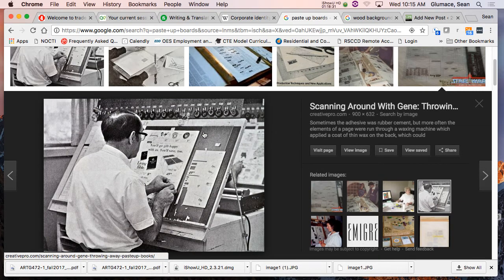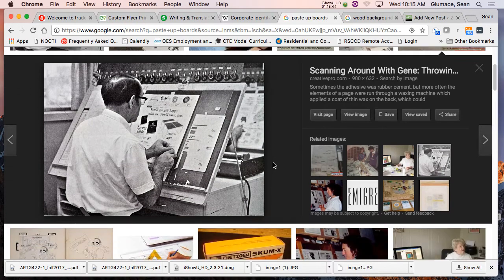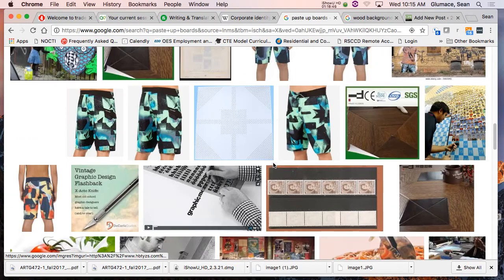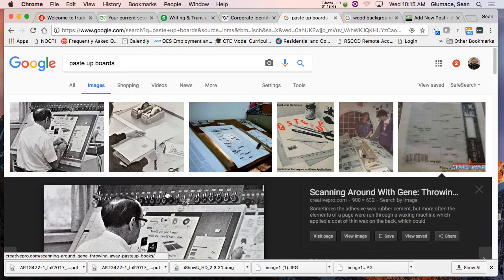But that's the way things were, look at it. It was an entire room of people too doing it. Because you're doing a newspaper, every page had to have been laid out like this in the newspaper every day, over and over and over. And then we would throw it all in the dumpster because that's the way the world worked. So, rubber cement. Oh, and waxers.